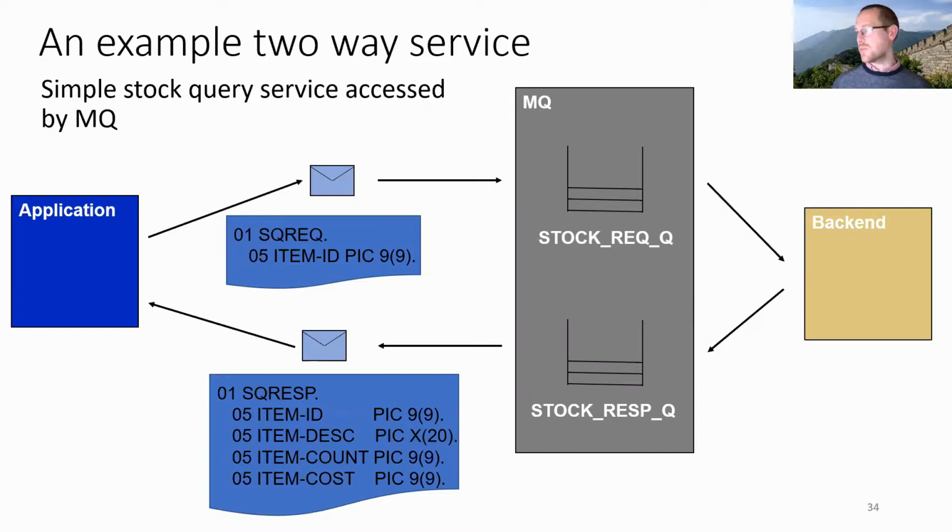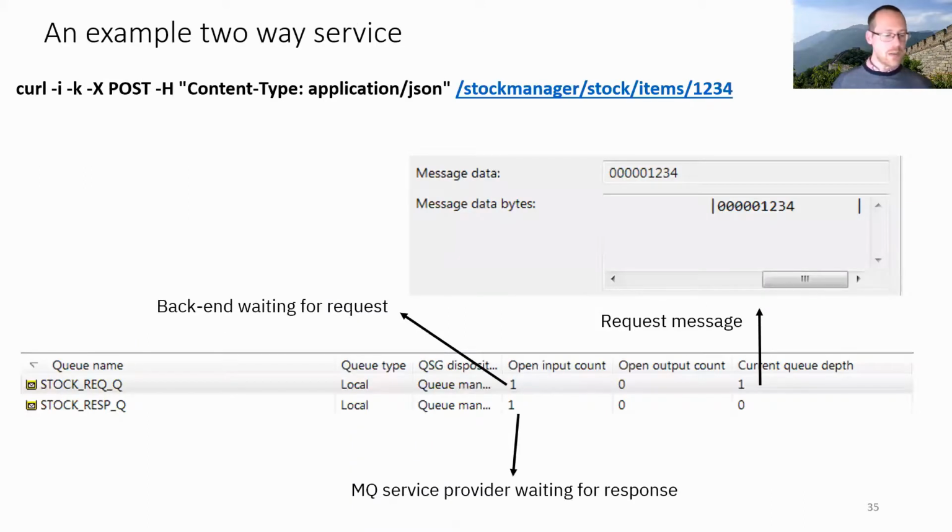And sometimes you might want to expose them to things that don't understand MQ, and this is where z/OS Connect comes in. You can use z/OS Connect to expose those pairs of queues via this thing called the two-way service that I mentioned previously, and that can be used to expose those pairs of queues via a single URL. So I've now built up a z/OS Connect service that says, if you get a URL that looks like this, then map that to take that 1234, which is the item ID